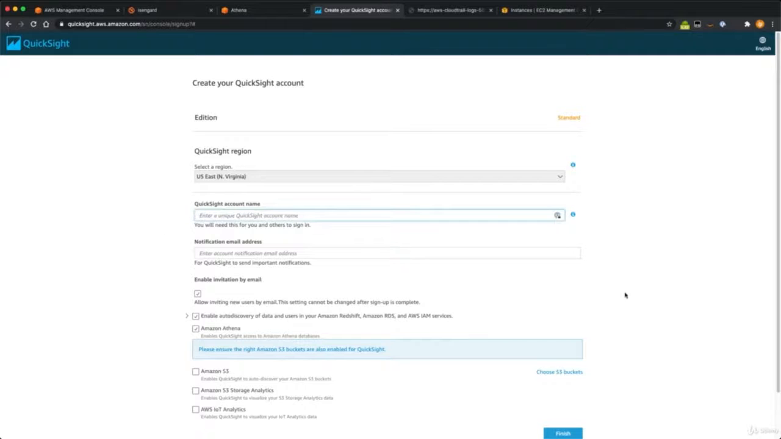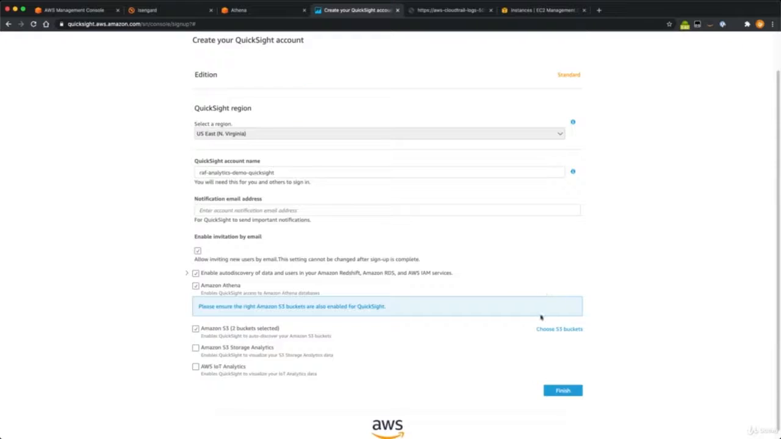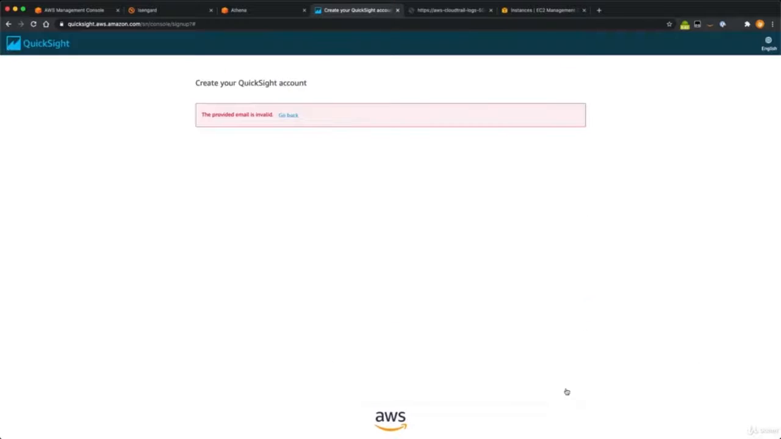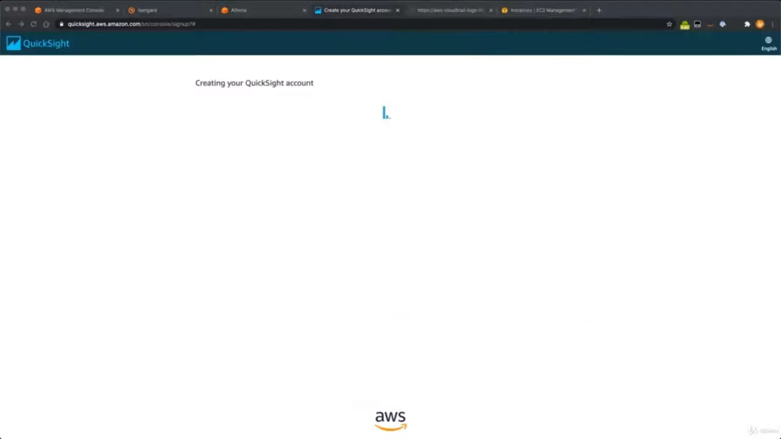I'm going to give QuickSight a unique account name, which I'm going to call Ref Analytics Demo QuickSight. And I am going to give access to Amazon S3, and to the CloudTrail bucket and Amazon Athena, right? So next I'm going to hit finish. Oh, I need to provide a valid email. Let me put my email here. Finish. Now it is creating my QuickSight account. That may take a little while to bake, maybe one or two minutes,